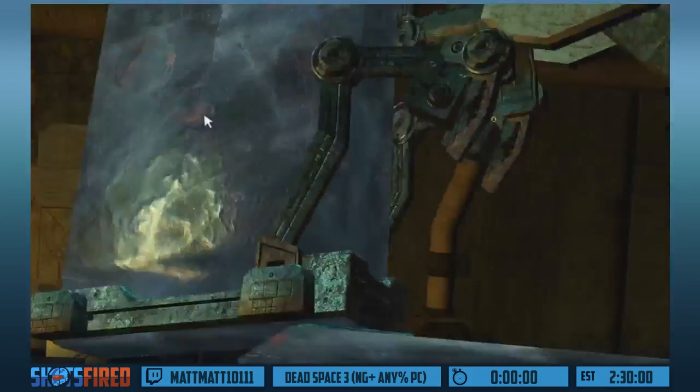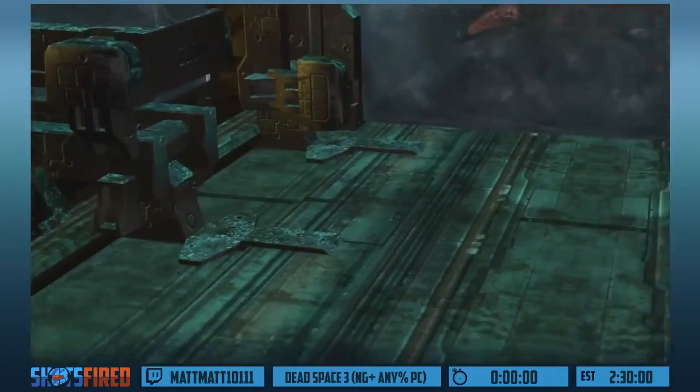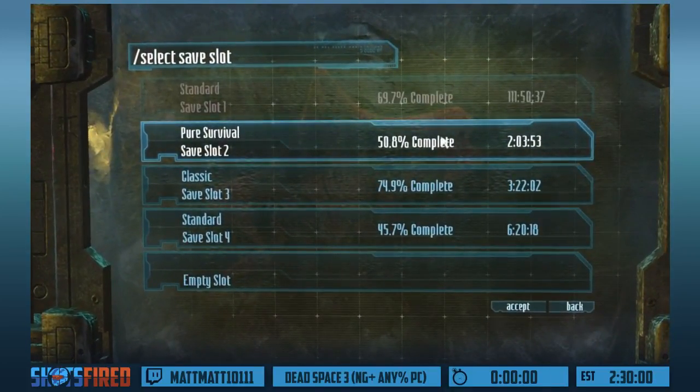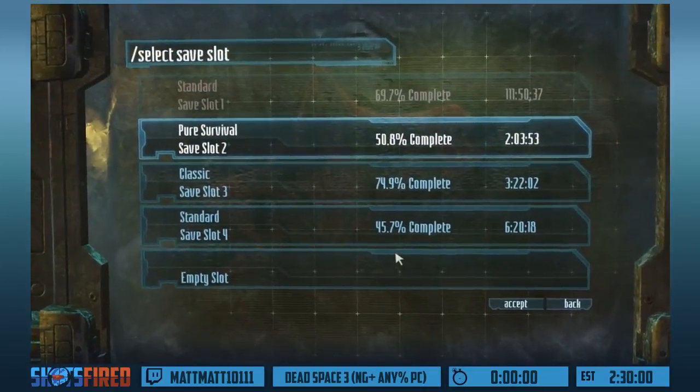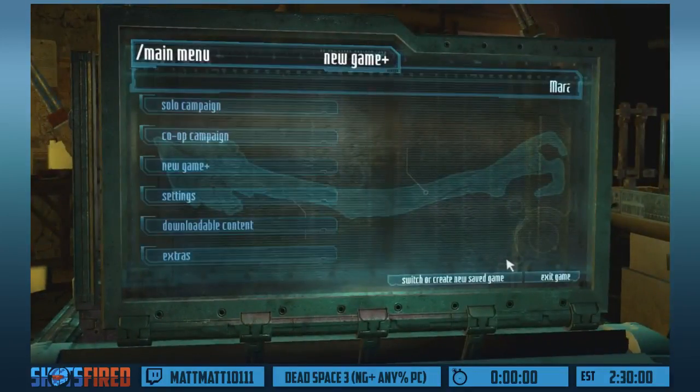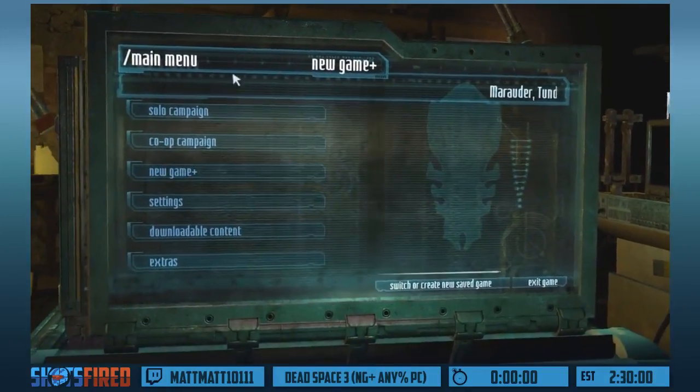So I'm gonna be doing Dead Space 3 New Game Plus 90%. There were console categories, but they were removed. But I still call mine PC because it's a lot different. The same thing. Yeah, but tricks don't work, dude. Right, so anyway,